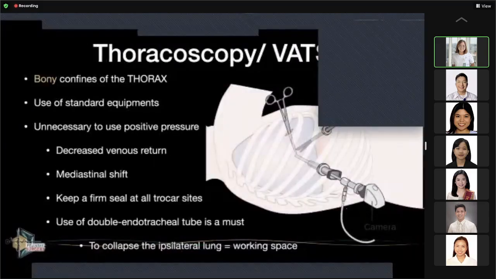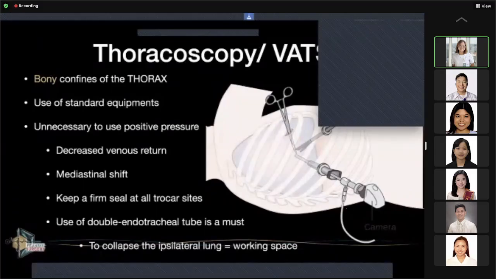So thoracoscopy, or what we call video-assisted thoracic surgery, is another group of individuals. These are the thoracic surgeons performing minimally invasive surgery in the thorax. The problem here is you have a cage, the rib cage. No? So this or the bone